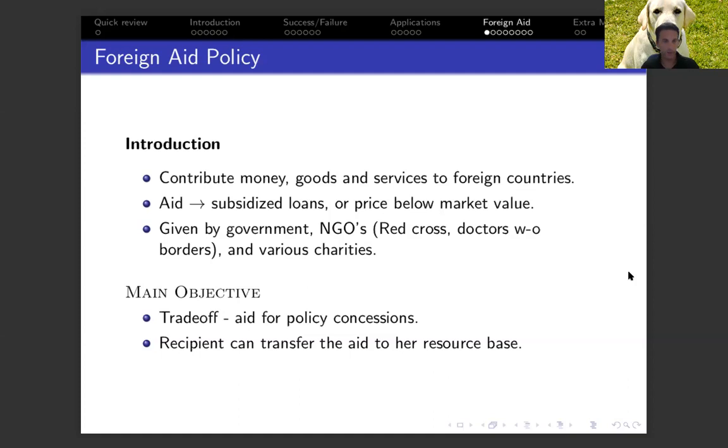So the United States would like to provide financial aid to some country in, let's say, Africa. In exchange, that country has to alter a certain policy or certain sets of policies the United States wanted to change. And once the country changes the policy and gets the aid, then this country can transfer the aid to the members of its public. Sounds simple, right? But it's not like that, as you can probably guess.